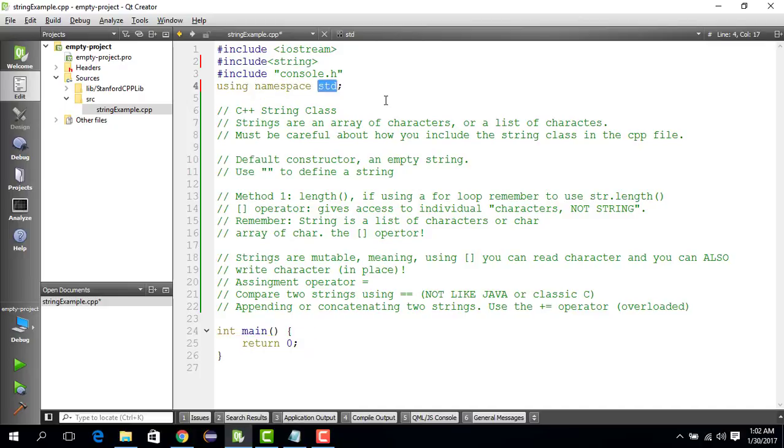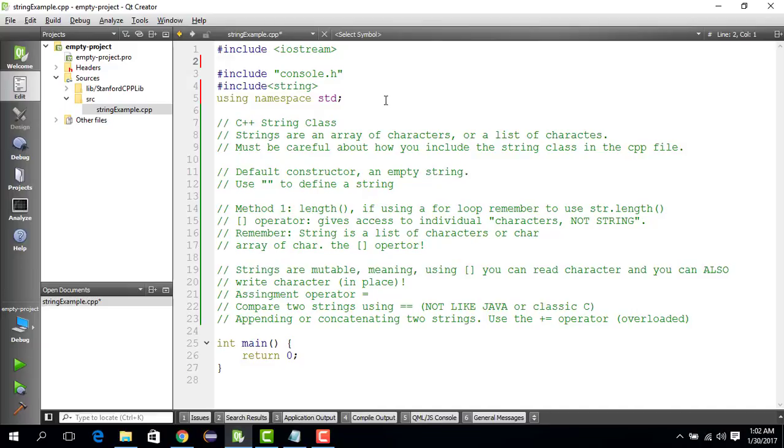Well, you can actually skip this part, but then the code becomes a little tricky. You have to always make sure that you write something special like std:: always. So just to avoid all those, let's just use this and we'll be fine. So always remember to use include string and using namespace. Let's keep them separated here. Okay,